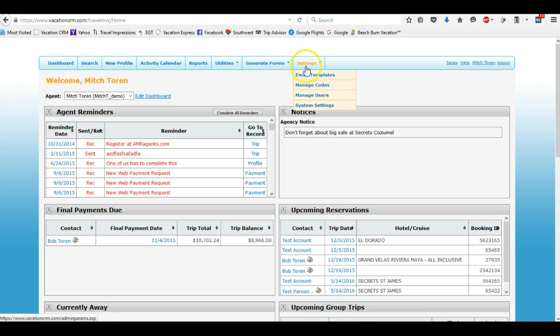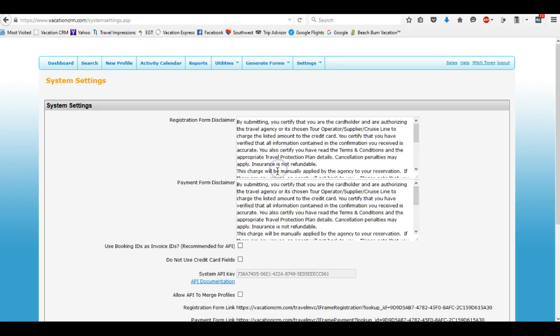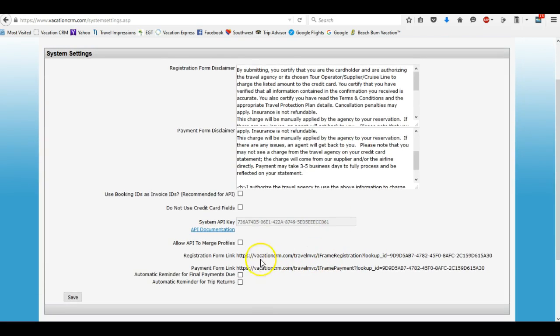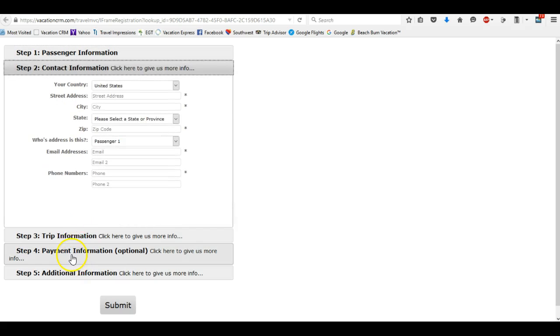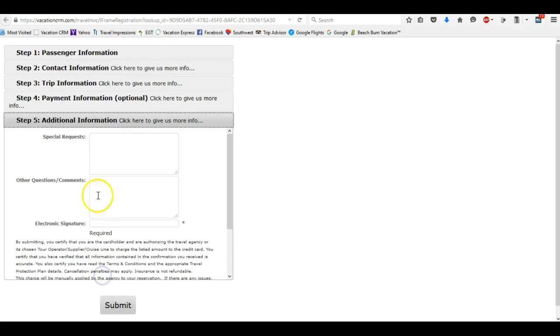Okay, so the forms for each agency, if you go into your system settings, you will see a link here that you can have embedded into your website, and then the client can go to your website, click on reservations or payments, and this is what it's going to look like. So there's 5 total steps. They'll fill out each step at a time. The payment is optional. Everything with the star here is a required field,